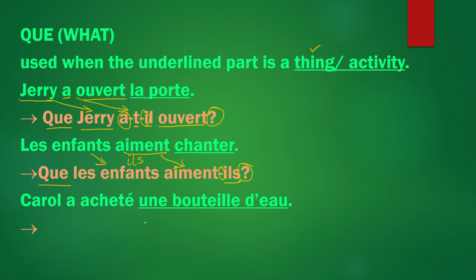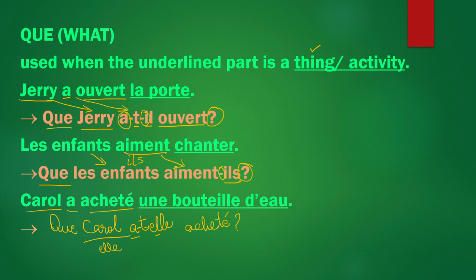Now, Carol a acheté une bouteille d'eau. Here you have to substitute une bouteille d'eau with the question. So une bouteille d'eau is a bottle of water, which is a thing. So you will put que. Then Carol is again the name of a person, cannot be inverted. Bring the verb also down. Now introduce the correct pronoun. Carol is a girl, so it will be elle. Okay. A and E clash, so T in between. A-t-elle, and then whatever's left, bring it down. Acheté